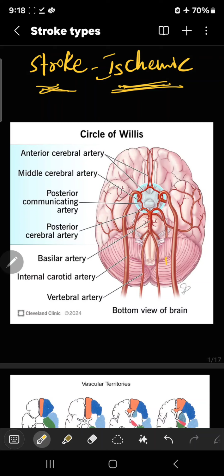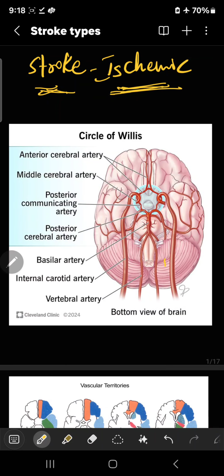And the internal carotid arteries, which come from the neck, continue as the middle cerebral artery. The anterior, middle and posterior are joined by the communicating arteries. This is the anterior communicating artery and this is the posterior communicating artery. So this forms the circle which is called the circle of Willis. Now we move on to the